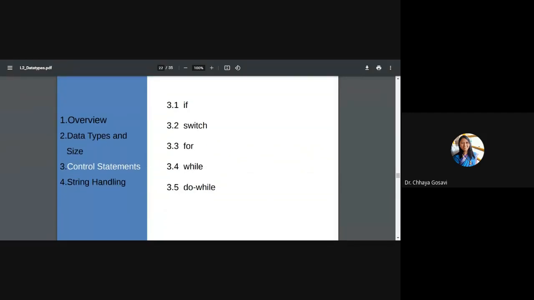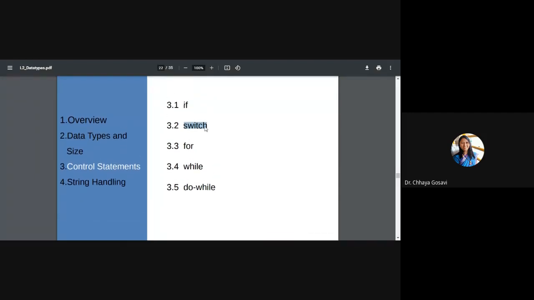Then about control statements. Again, control statements are similar to C and C++. It doesn't include any new loop or statement. It supports if statement, if else statement. It supports switch, and the syntax of if, switch, for, while, and do while is exactly similar to C language.